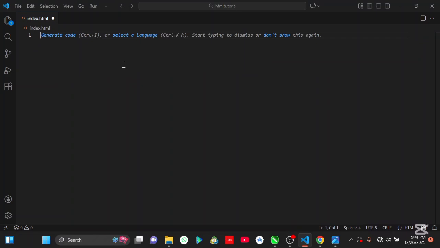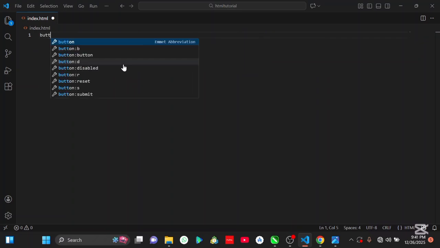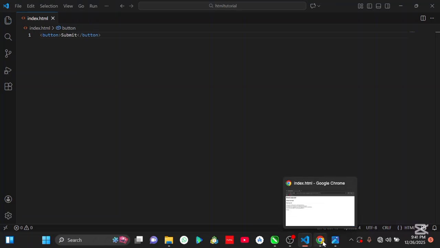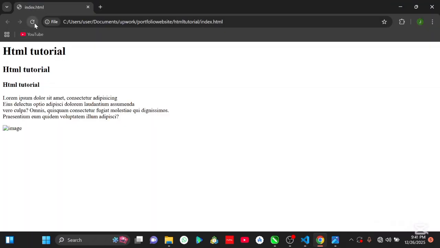So we're just going to type button like that, and then inside a button, you can see that we have an opening tag and a closing tag. So maybe let's say it's a submit button that we want, so you're just going to type submit button, and then you're going to control save,